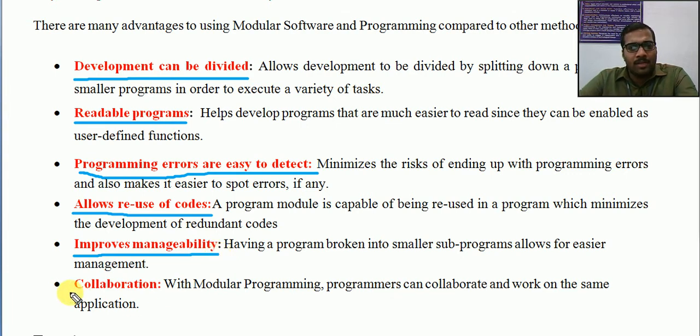Then the last advantage is collaboration. Different modules are given to different programmers and they can collaborate, because sometimes there will be connections. One module is depending on some other module, and the second module is depending on some other, or this output will be given to some other modules, and so on.